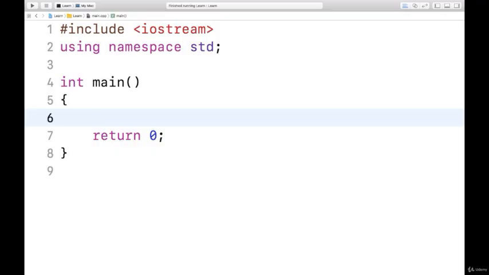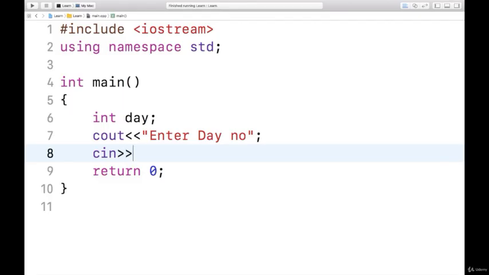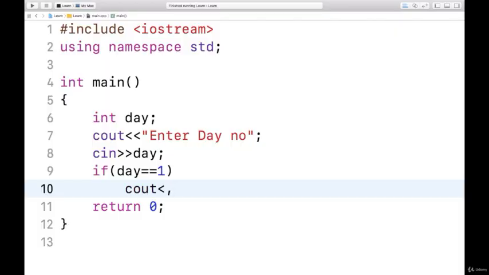Let us write a program to take a day number and display the day name. A variable I will take, and here I will say cout enter day number, then cin day. I am reading the value in this variable. Now if day number is 1, I will say Monday, or 2 Tuesday, and so on. So let us write if day is equal to 1, then cout Monday and